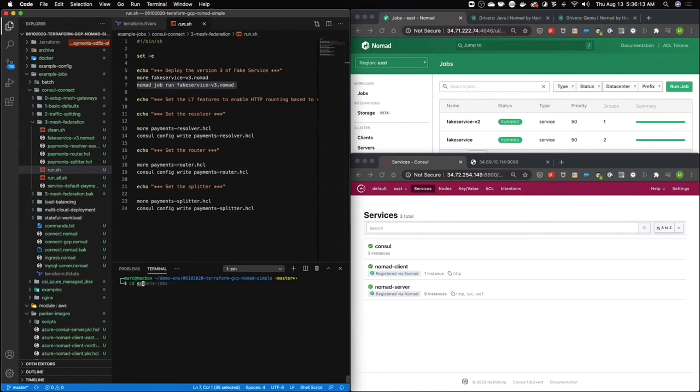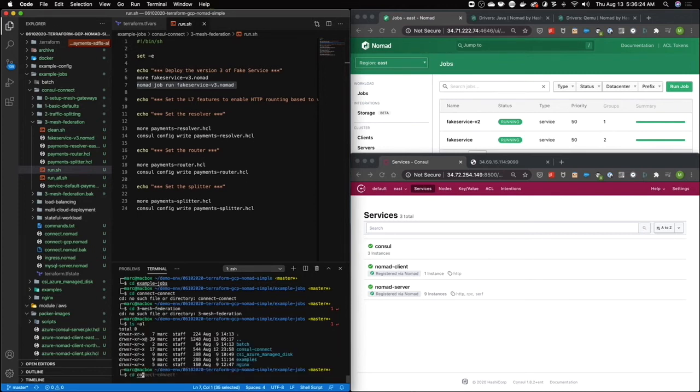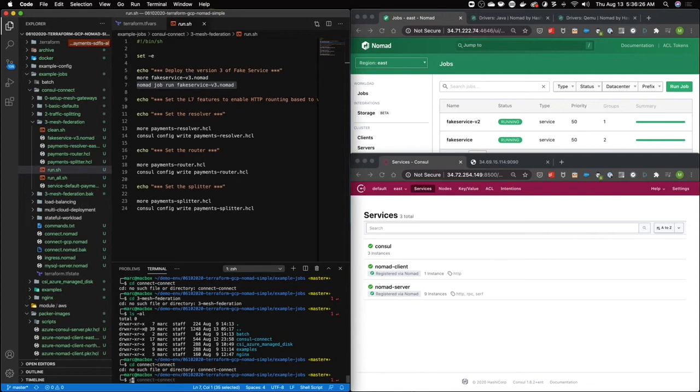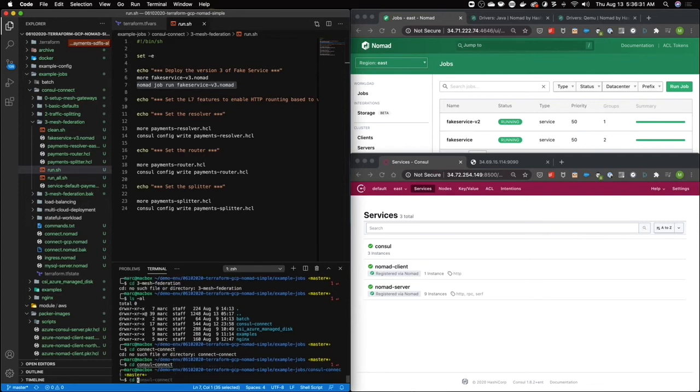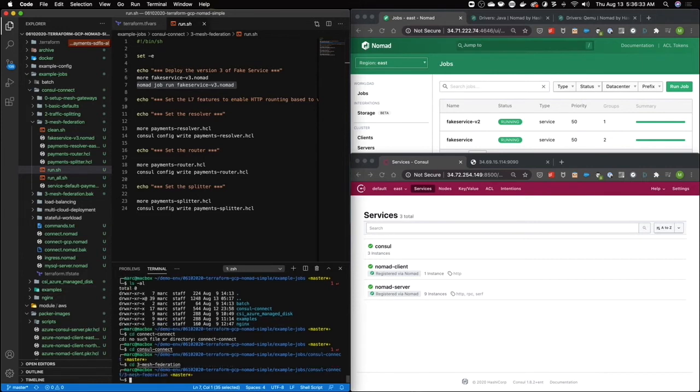Example jobs, three mesh federation, Consul connect. If I can type, see the three mesh federation, and then let's run these. Actually, if we run this one here,